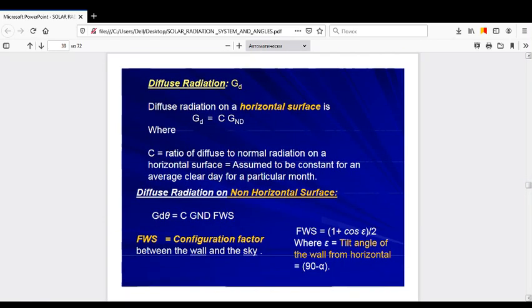Diffuse radiation: diffuse radiation on a horizontal surface, G_d = C G_ND, where C is the ratio of diffuse to normal radiation on a horizontal surface, assumed to be constant for an average clear day for a particular month. Diffuse radiation on a non-horizontal surface G_dθ = C G_ND F_WS, where F_WS is equal to the